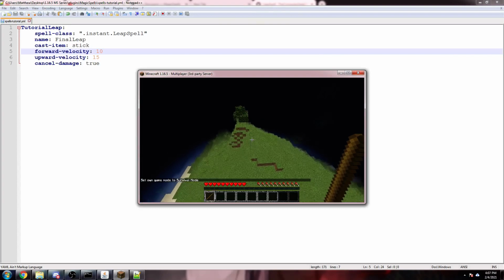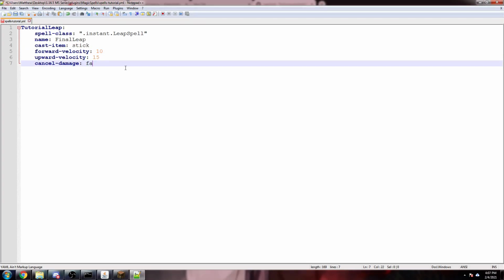And then we go to game mode survival. Go forward, and we should not take any damage. Perfect. Now if we set this to false,